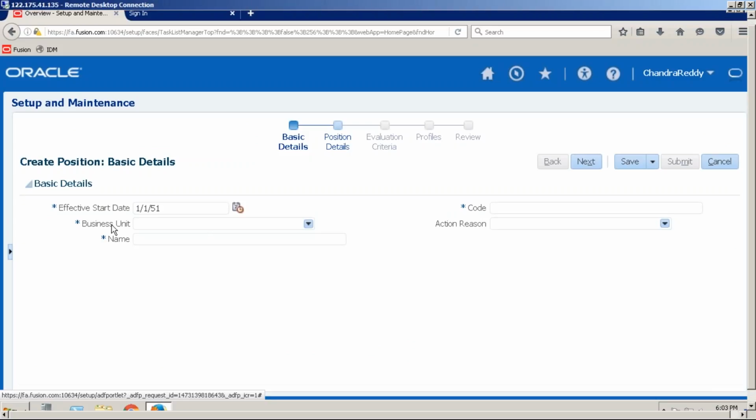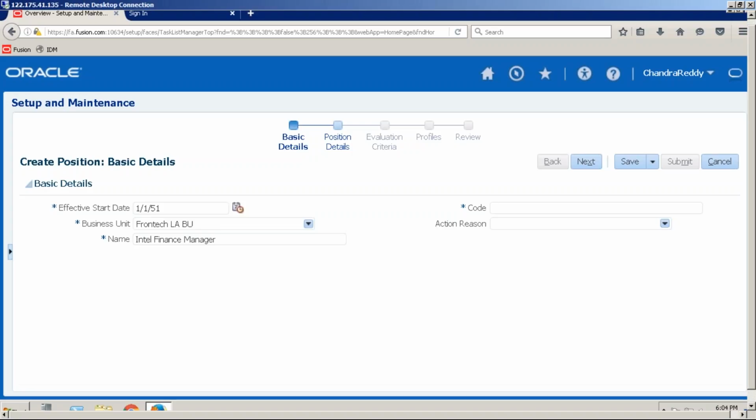As we discussed in the starting of today's session, positions will be defined at business unit level. Select our business unit, what we have created. I'm selecting Frontic business unit and name of the position, Intel Finance Manager,